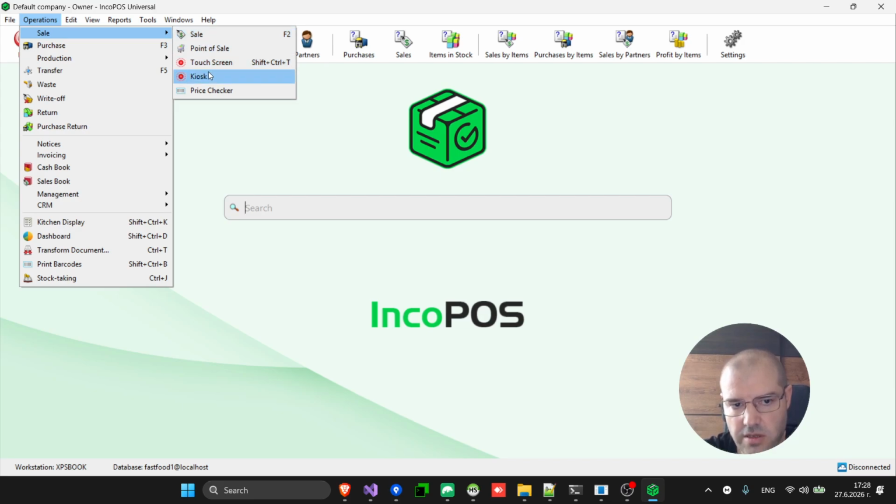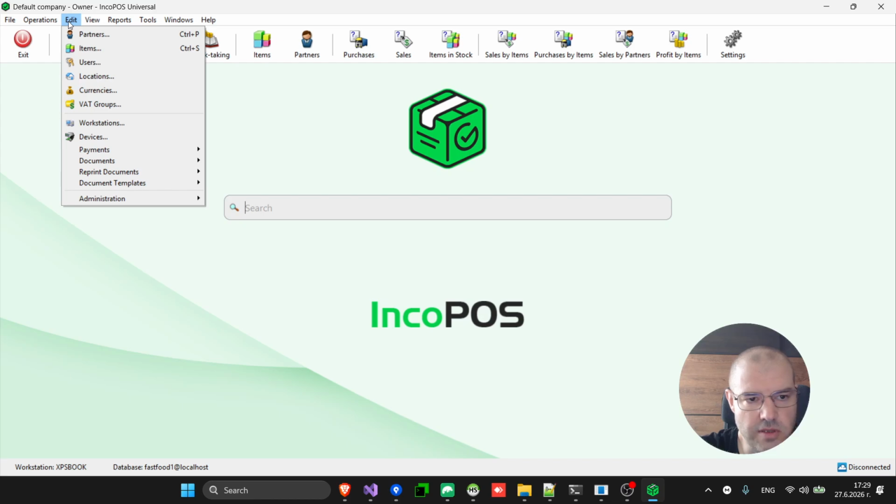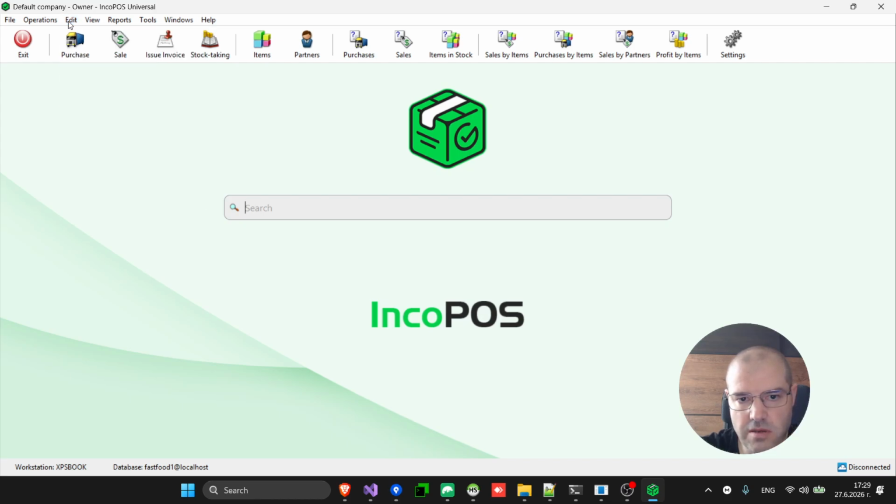The kiosk may be a nice one, but we'll cover this in another video because it's a big other module which lets you do a self checkout on workstations that are specifically facing the clients, and they choose everything by themselves and either finish the sale with payment by card, or they're just placing an order that they later on pay on another terminal. These are the most important parts from the fast food